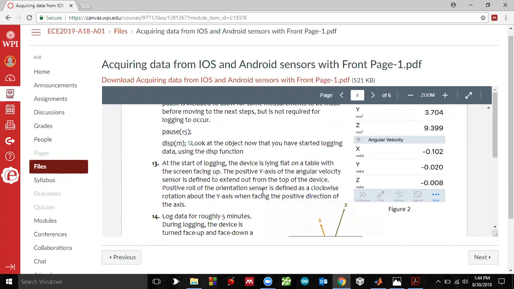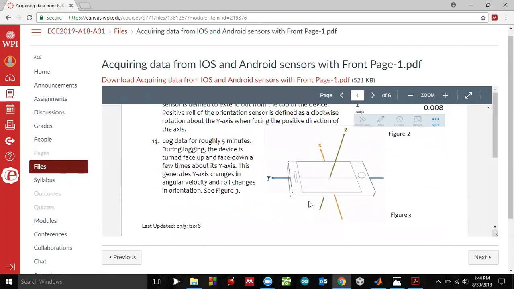Positive roll of the orientation sensor is defined as a clockwise rotation about the y-axis when facing the positive direction of the x-axis. So you basically can have a look at how you would move your cell phone in your hand, changing the three-dimensional positions of the data for the sensors relative to these three axes,